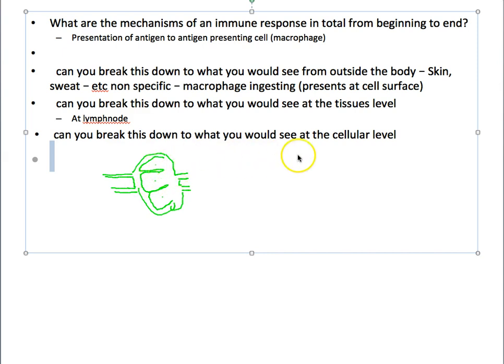Now, what's actually happening at the cellular level? Here's where things get a bit tricky, right? I want to switch colors here. Because at the cellular level, we need to think about, say, complement. So let's put just complement fixation here. We want to think about what's happening as a specific response. So we'll be